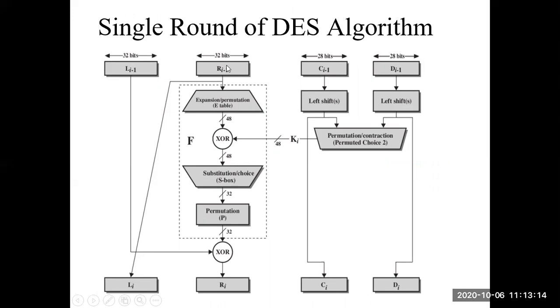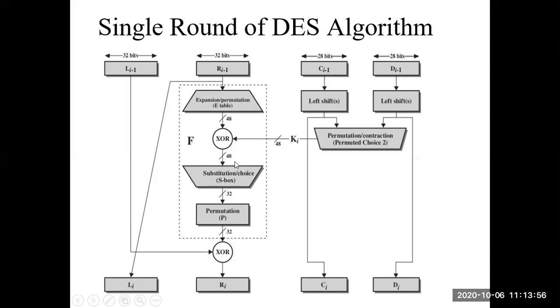bit values each. Now, just like simplified DES, the 32 bits will be passed through the expand permute block where we are going to convert this 32 to 48 first. The values are given in the E/P block where we'll convert 32 bits to 48. Then we will XOR it with the key of this particular round. This is the ith round, so Ki is the key. Perform this XOR operation.